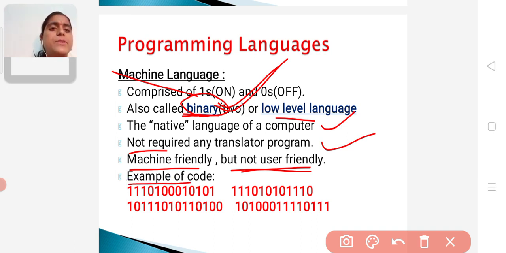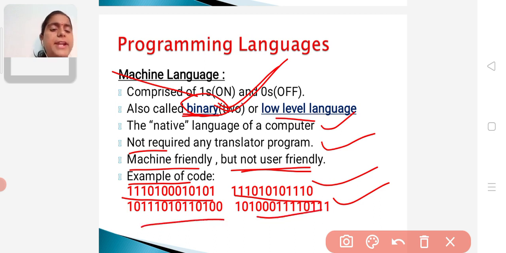So the examples of this machine level languages are these ones. These consist of only zeros and ones, right? That's why these are called machine level languages. These machine level languages are easily understood by the system. That's why we need not require any translator. And next one is